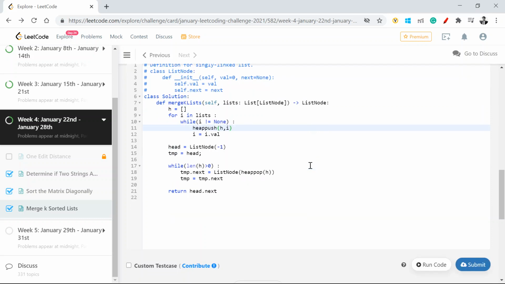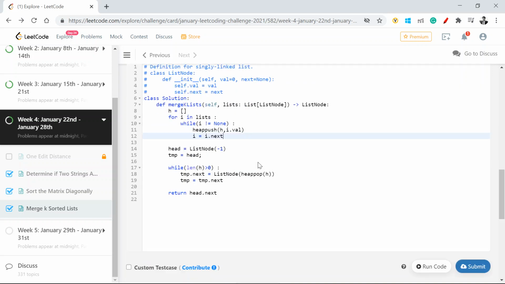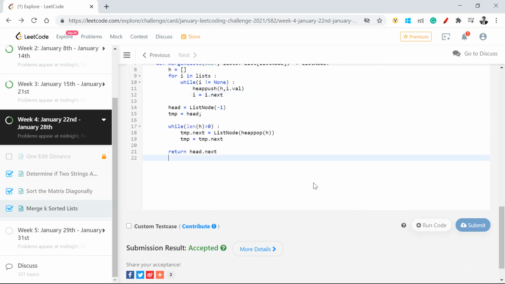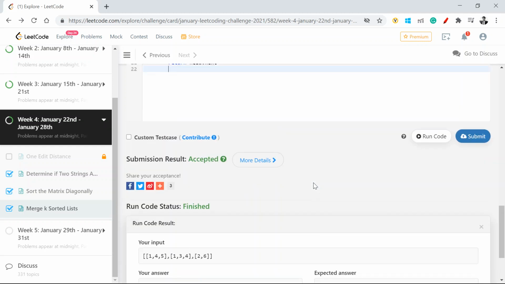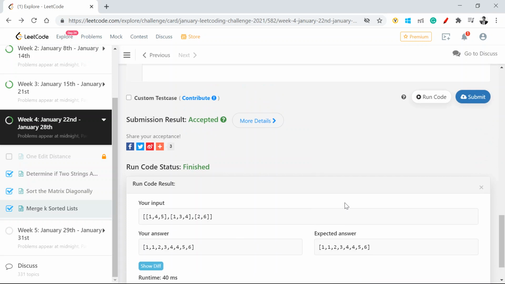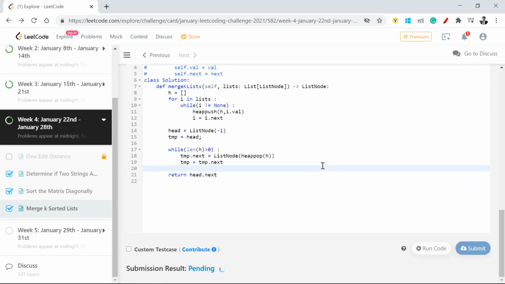Oh, shoot. Okay, this will remain as it is. I needs to be i dot next. I hope this time it runs. Yes, it did. I got the output as sorted, and then let's submit this code.